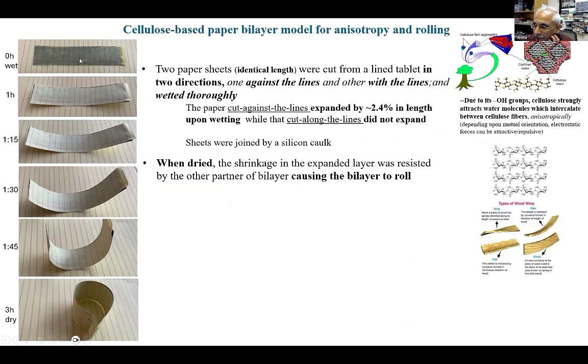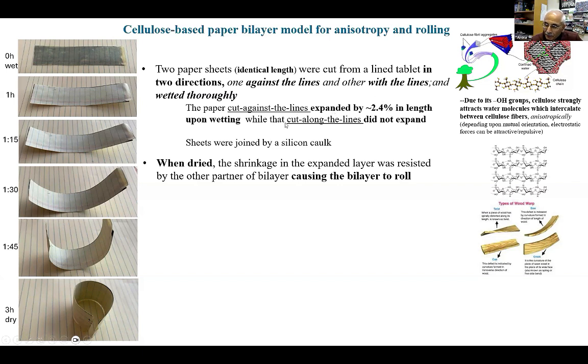So what we did was we had these two paper sheets that were cut in identical length from a basic paper tablet. It was cut in two directions, one against the lines and one with the lines. So these are the lines right here on this sheet. So one along the lines, one against the lines. And we put those two sheets together. They were moistened. And when we moistened them, we found that the paper that was cut against the lines expanded about 2.4% in